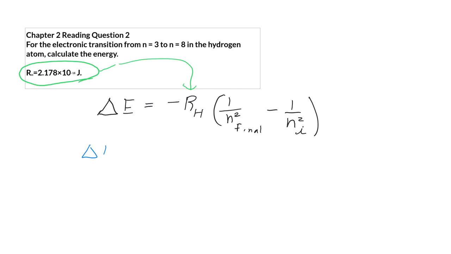We've got our change in energy equals 2.178 times 10 to